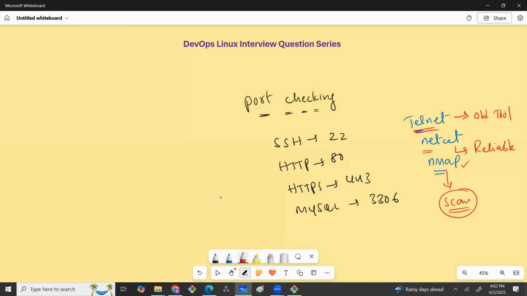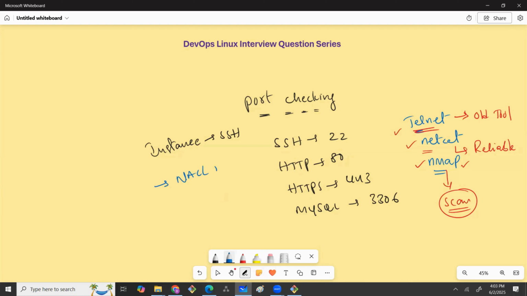When it comes to the use case in an organization, let's say you are troubleshooting an issue where you are unable to connect to the EC2 instance via SSH. You try all three commands, telnet, netcat, and nmap, but it shows the connection fails. We know when the connection fails, it might be a security group issue. The security group might not allow port number 22 in the inbound rules, and maybe